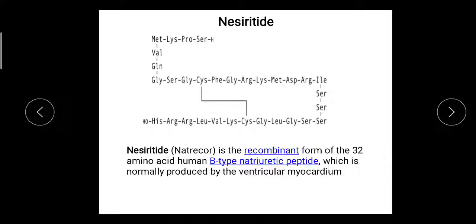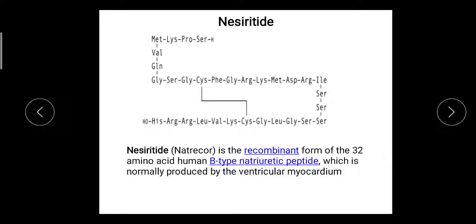In short, I will repeat. When there is accumulation of blood in the heart, it increases the blood volume, and due to the increase in blood volume, there is stretching of the ventricles, and due to that stretching, the hormone is secreted by the myocardiocytes. That hormone is BNP, brain natriuretic peptide, which stimulates cyclic guanosine monophosphate, leading to smooth muscle relaxation.